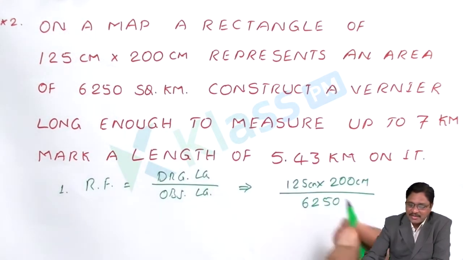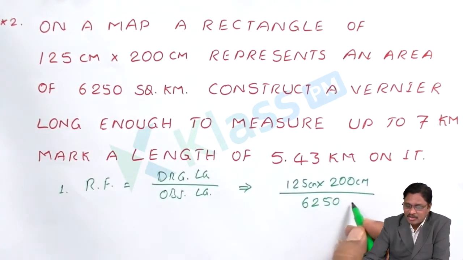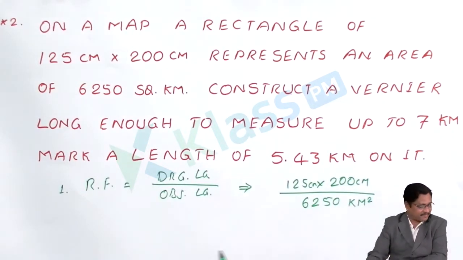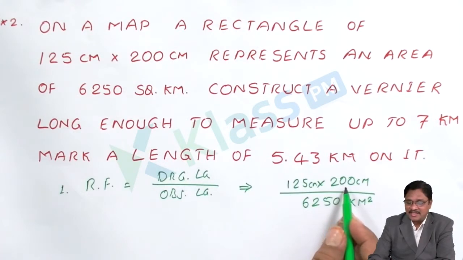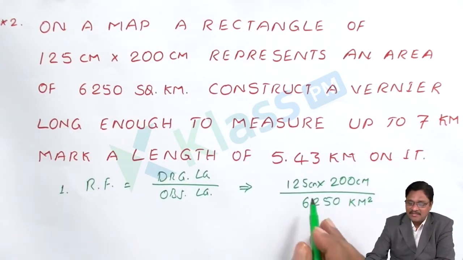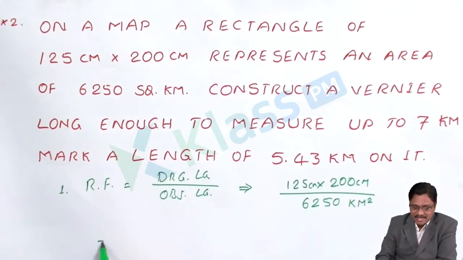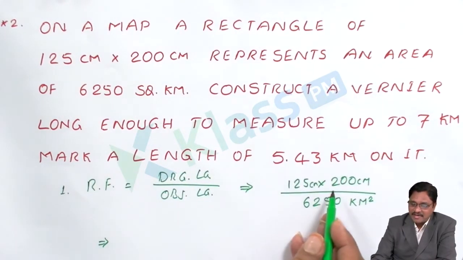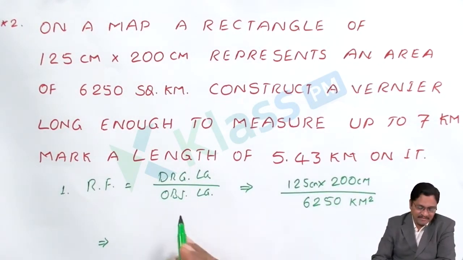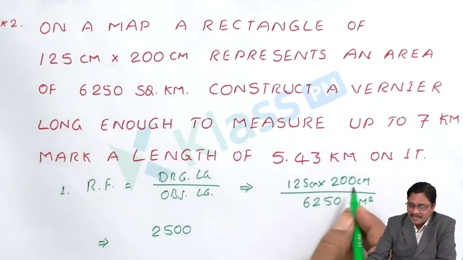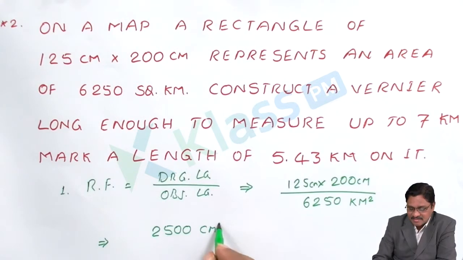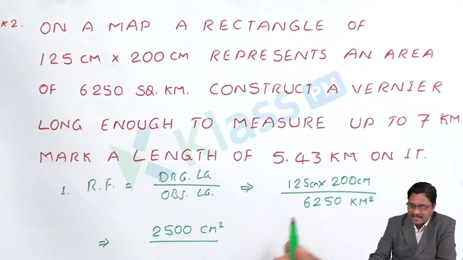6250. So what is the unit given? It is square kilometer. Square kilometer means kilometer squared is given. So now the value to be calculated. How is the value calculated? This is the length and breadth given. It is directly the area given. By multiplying the length into breadth, you also get the same area. So 125 into 200, you are getting the value as 2500 square centimeter, divided by